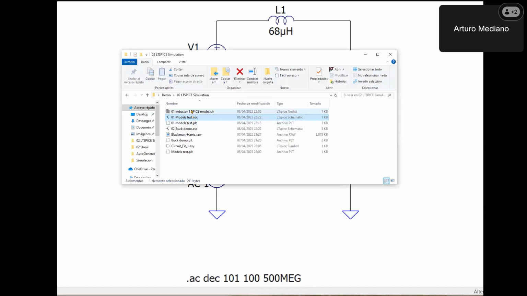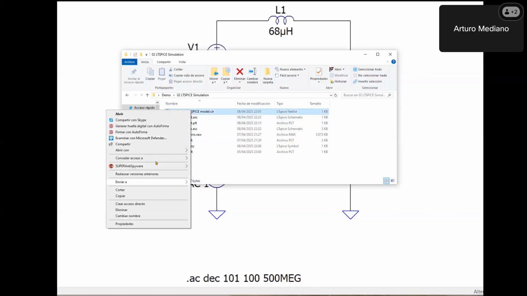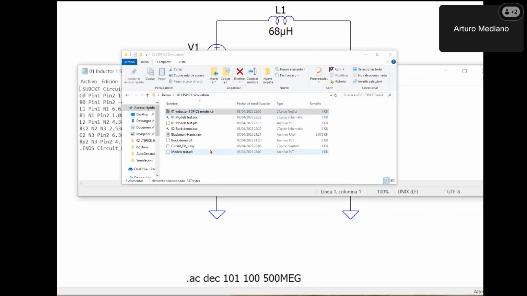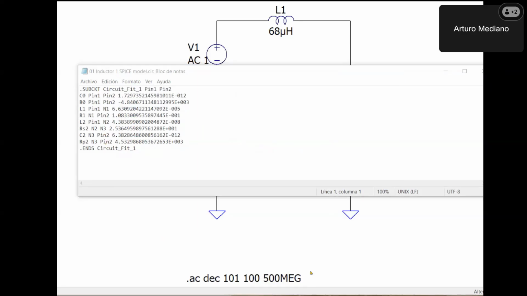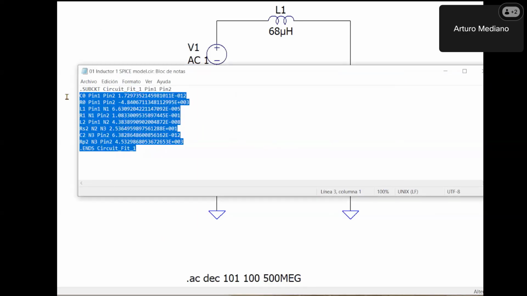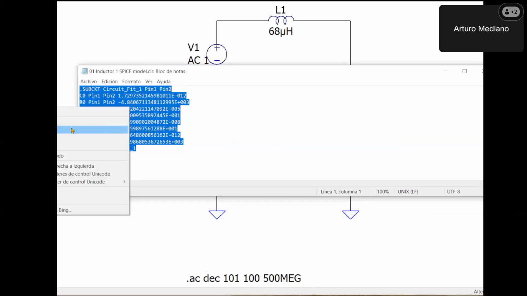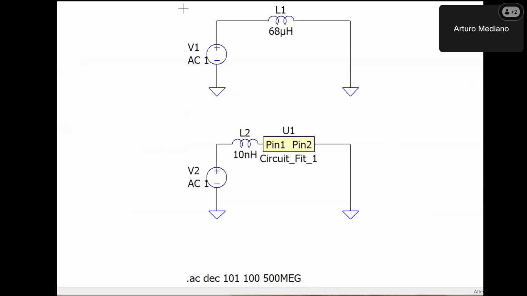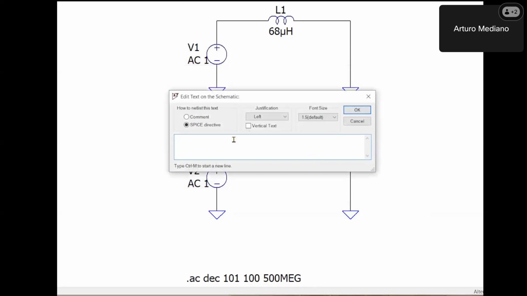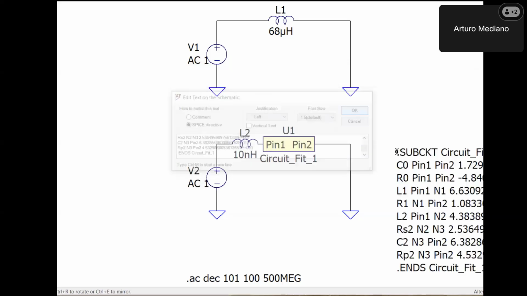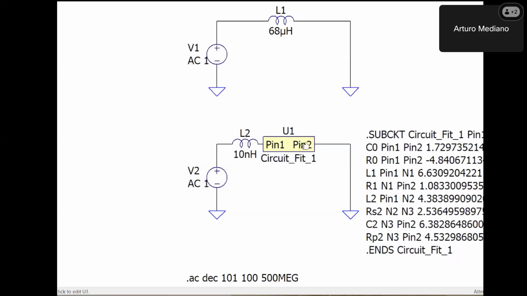Let me go here, and we open with the notepad. You can see here, this is the model I have created with the Bode 500. We copy, and easily you can paste here in this way. So now this component,